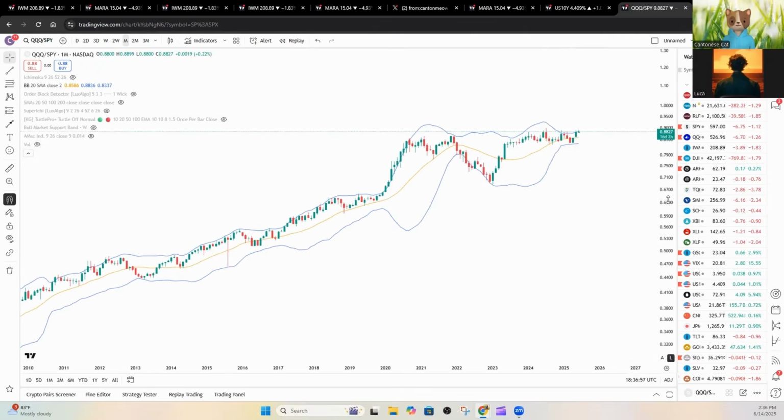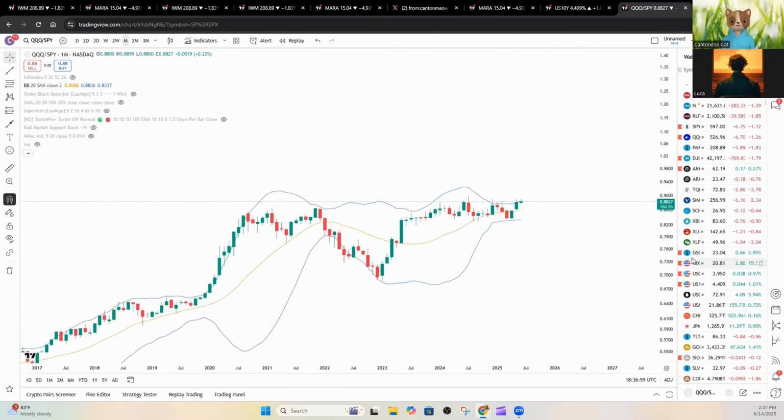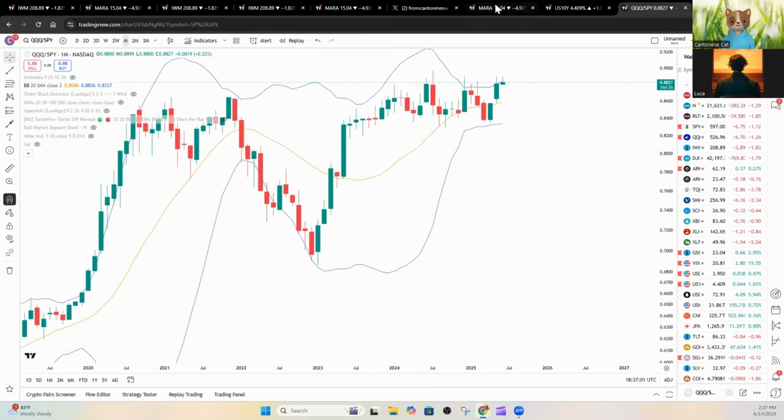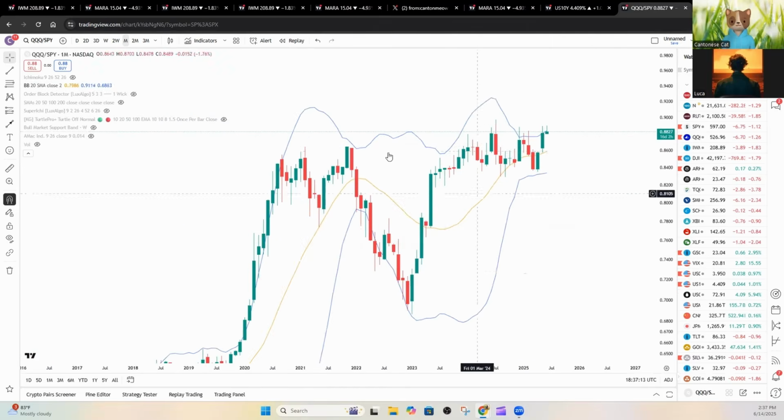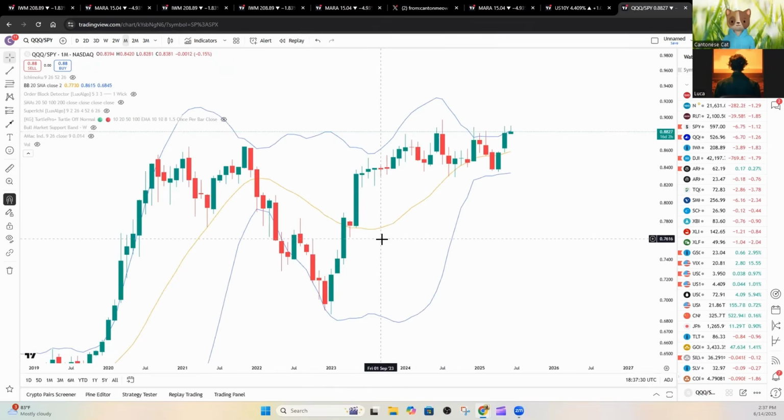So I think that there might be some further outperformance of the QQQ over SPY coming soon, which is going to be, basically, an increase in risk appetite. The reason why I think it's going to go to the upside after the Bollinger Band is done squeezing and starts expanding is because it's on the upper part of the Bollinger Band and because of this pattern that I'm seeing here. And that's what I'm seeing, Luca.